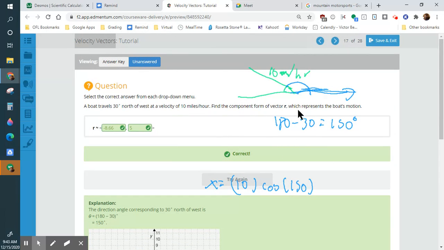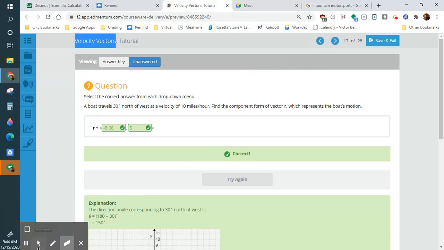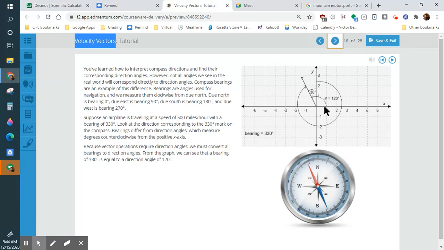And again, you always want to do it based off of east being 0 degrees when we're calculating it out mathematically. Different fields are different. If you're flying an airplane, sometimes they say north is 0 degrees. But in a coordinate plane, we're just going to say that east is always 0 degrees, which means west would be 180. All right, so moving on from here. This is how they do it. And then there's clockwise and counterclockwise. So bearing,